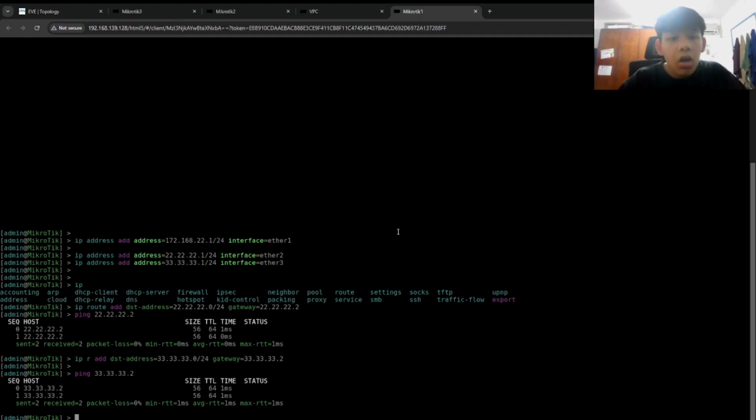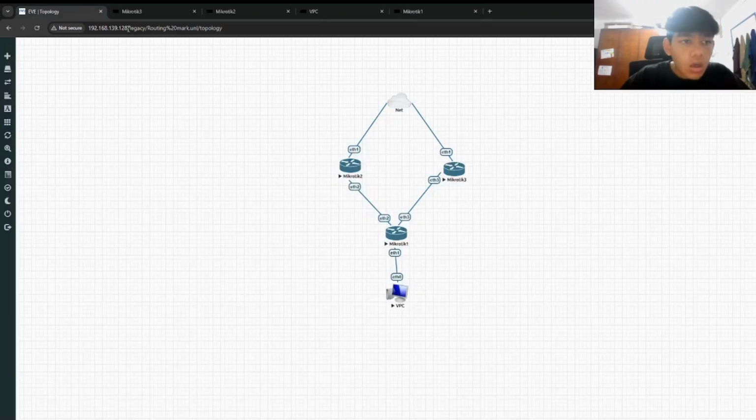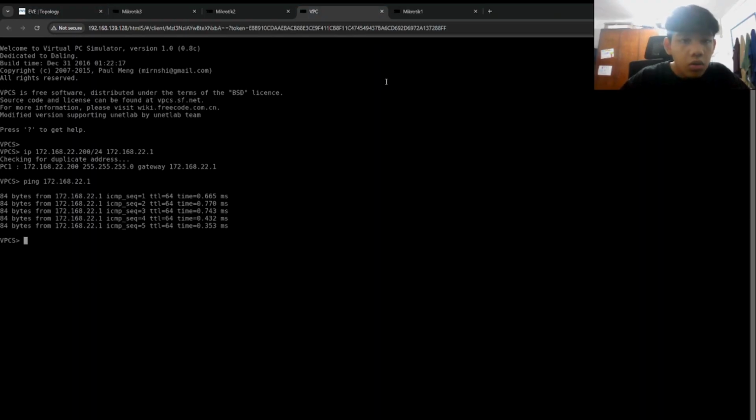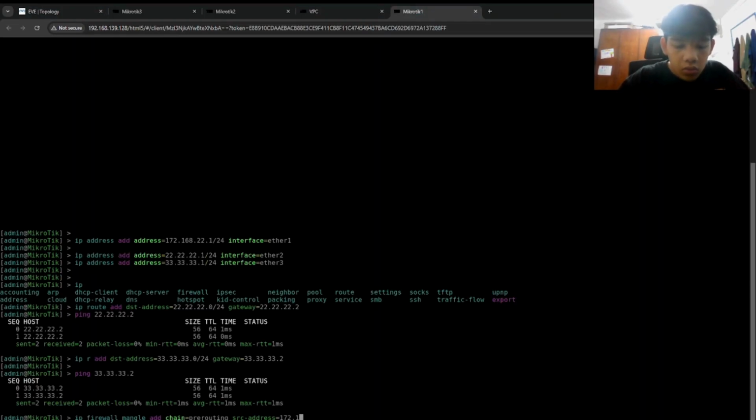You must make the IP firewall mangle. So the command is like this: IP firewall mangle add chain pre-routing, source address. So you make it that IP from here. And then protocol ICMP, and then mark